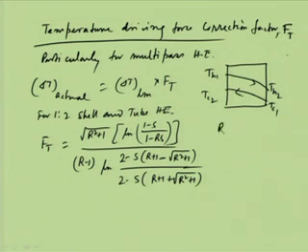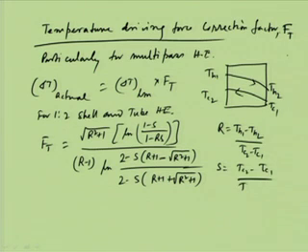And therefore, it is defined like that. R is defined as (TH1 minus TH2) by (TC2 minus TC1), and S is equal to (TC2 minus TC1) by (TH1 minus TC1). One interesting thing, already discussed a few lectures back: this is the temperature difference of the hot fluid, and this is the temperature difference of the cold fluid. So R is the ratio of the two, and here it is the maximum possible difference of the two streams, and this is the cold fluid temperature difference.